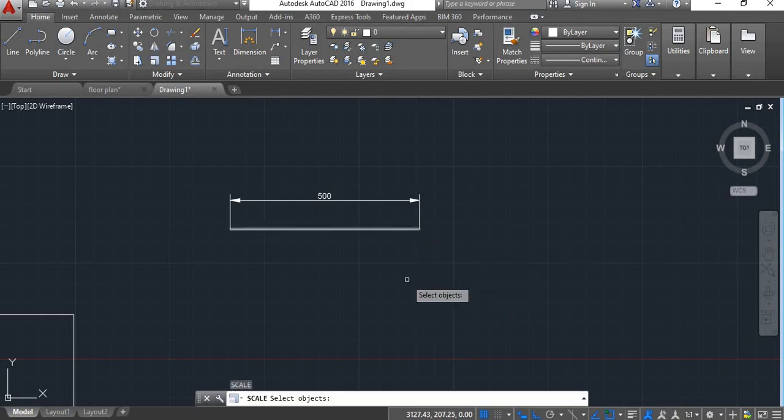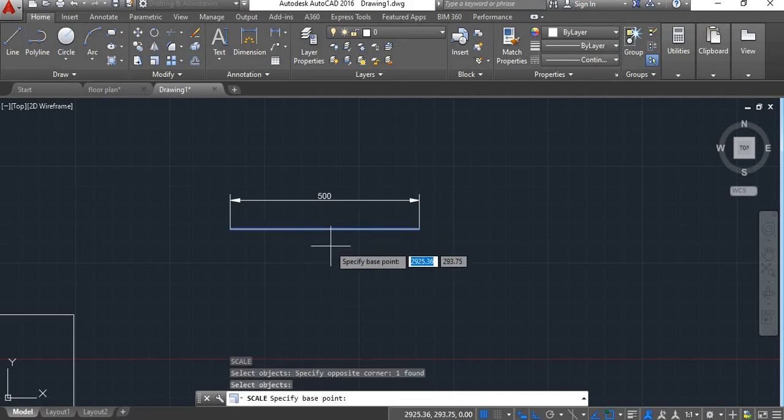I'll give scale command. We'll select this line, say enter. Now suppose I give the base point here at the midpoint, then the line will increase from both the ends. 250 will be increased from this side and 250 will be increased from this side. So total it will be 1000. So we'll see how it works.